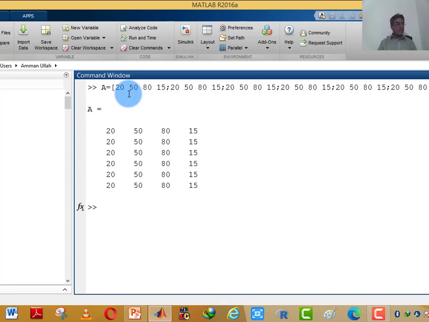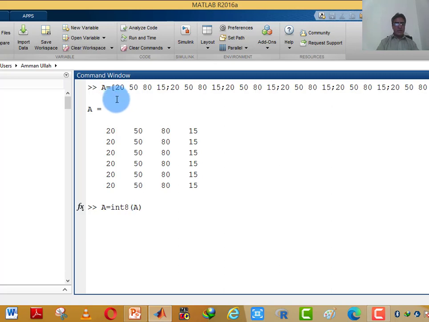Now I convert this A matrix, these values, into gray levels by applying int8. Actually there are 8 bits in a byte, and each pixel contains a byte.